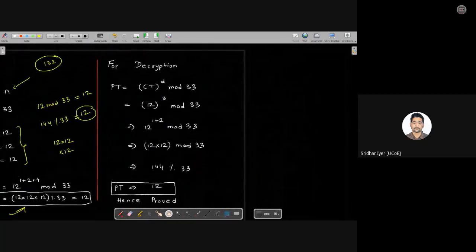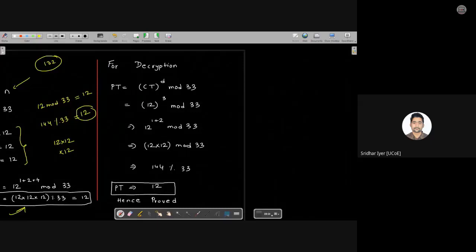Fine. So the decryption part is like whatever result you get after the decryption that should match with your plain text. By chance, if your answer is not matching with your plain text, it simply means you have made some mistake. Kindly check your answers. Fine. So in this case, as you can see, decryption is basically ciphertext raised to D mod 11.